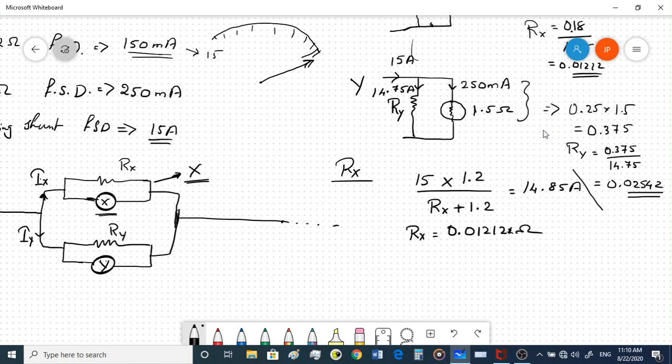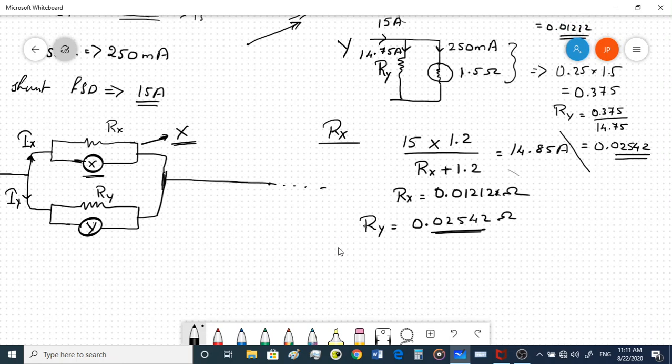So you will get Ry as 0.02542 ohms. I hope the calculation is clear. If you are confused, you can go with the conventional method. You can directly apply the current division rule. So if you apply that rule, you will get an equation